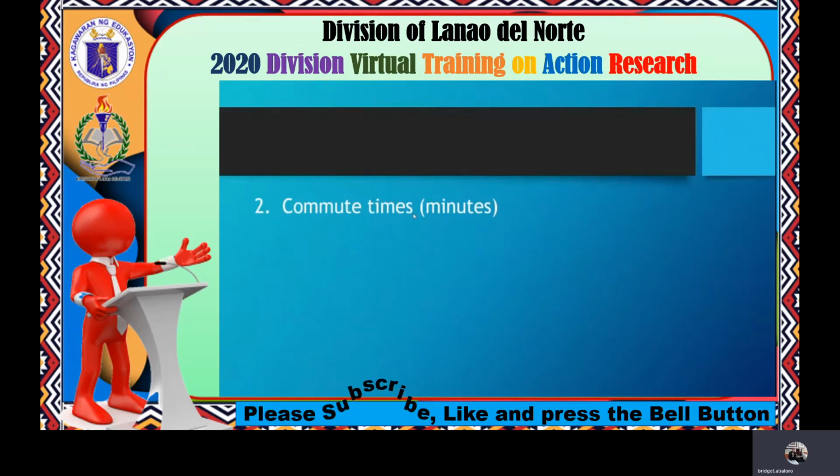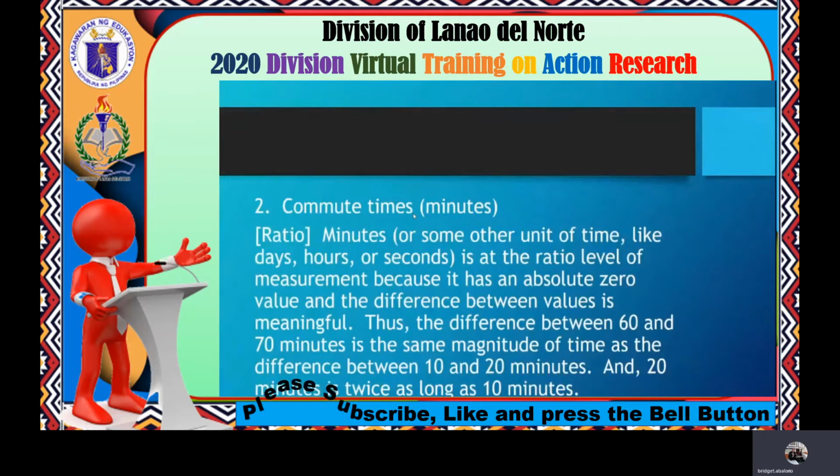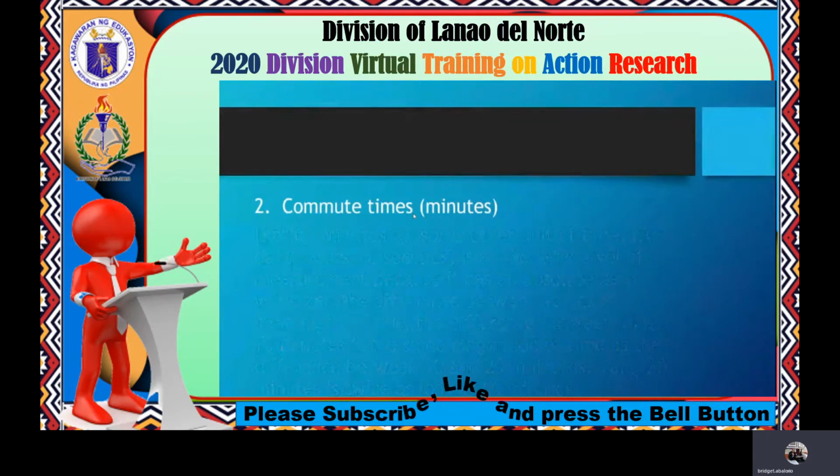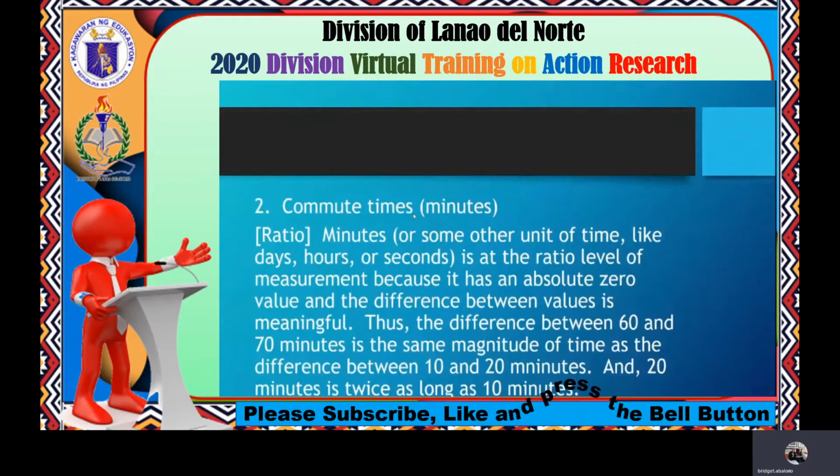Okay, so time's up. Let's reveal the answer. It's ratio. Why? Minutes or some other unit of time like days, hours, and seconds is at the ratio level of measurement because it has an absolute zero value and the difference between values is meaningful. So for example, the difference between 60 and 70 minutes is the same as between 10 and 20 minutes. And 20 minutes is twice